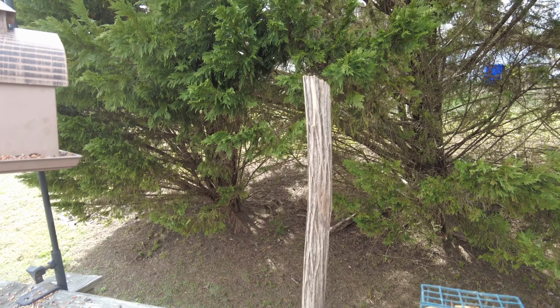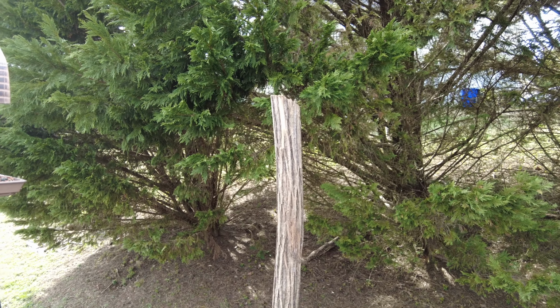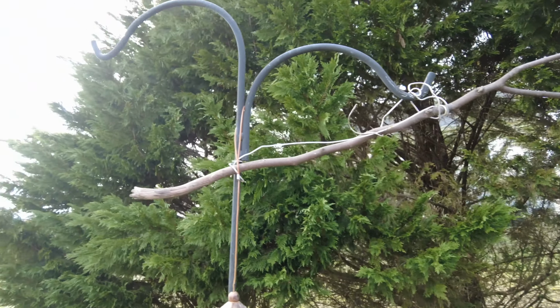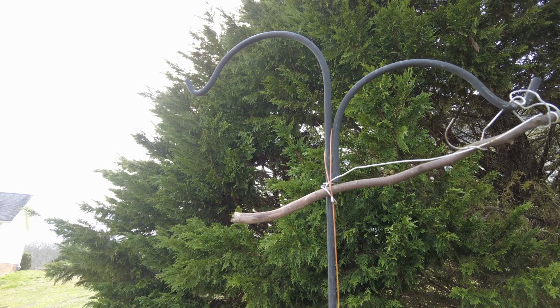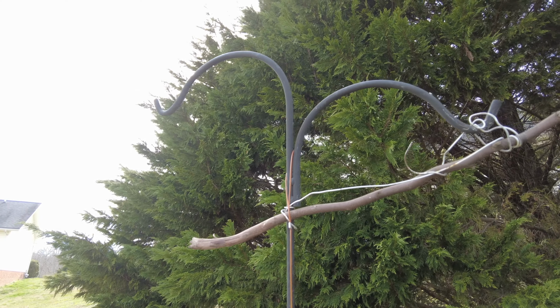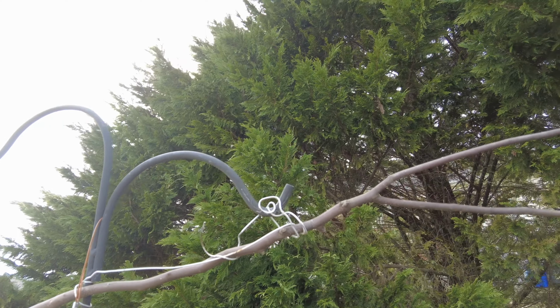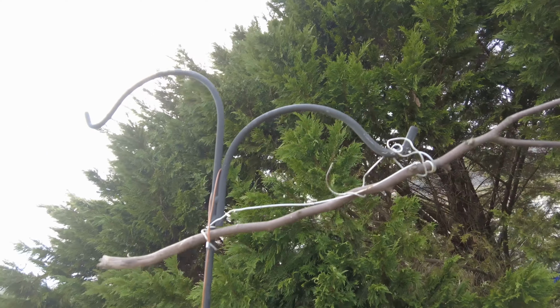Kind of our favorite perch for the birds to land on is right here, but they don't land there that often. And then I've got a branch from our redbud tree that I trimmed last year, and I have it kind of festooned on here with a coat hanger,